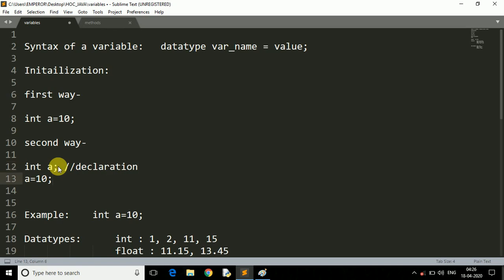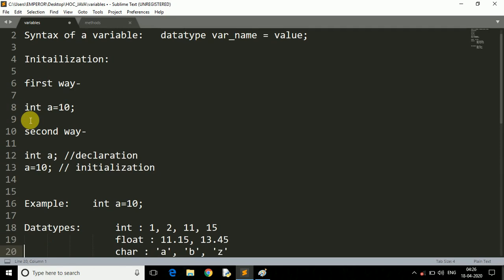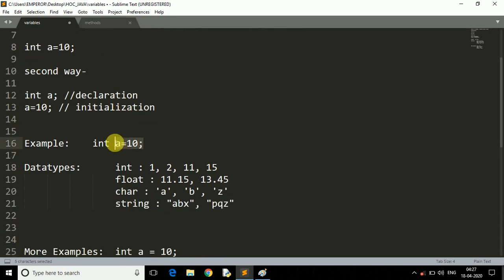And when you specify the value to the variable, at that time it is known as initialization. So that's how the second way works. You have these two ways. Both are the same. The first reduces the lines of code, and is the simplest way to assign a value to a variable. This is the example: integer a equals to 10.